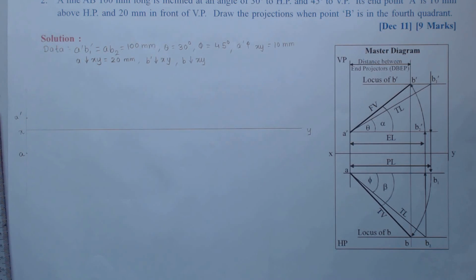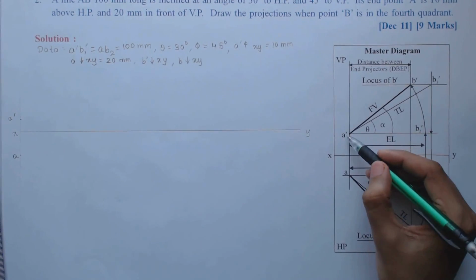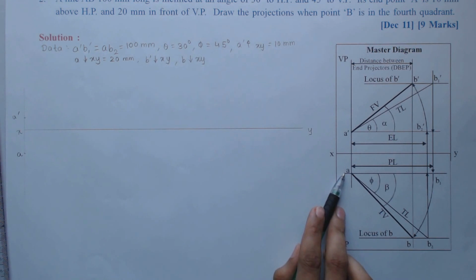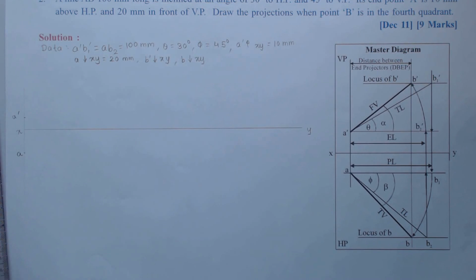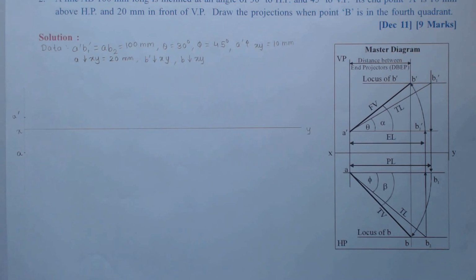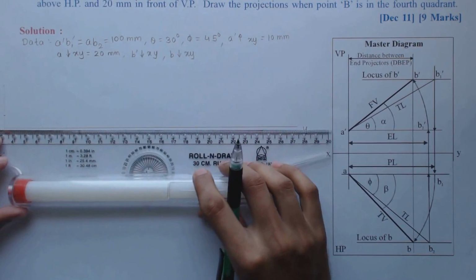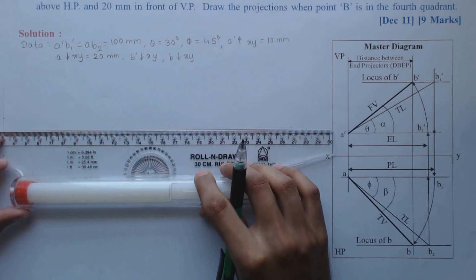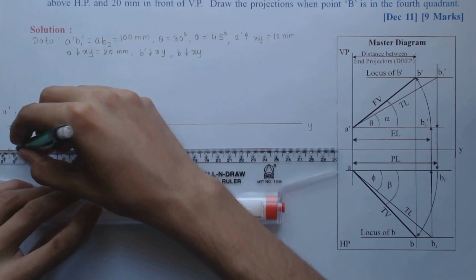Now the next data available is true length and true inclinations. So I can produce A dash B1 dash at an angle theta and similarly true length AB2 at an angle phi, which are known to me from the data. But the question here is, where should I produce those angles with respect to A dash and A, upwards or downwards? So first we will draw the horizontal lines passing through A dash and A to measure those angles theta and phi. Then we will decide where to produce, upwards or downwards.